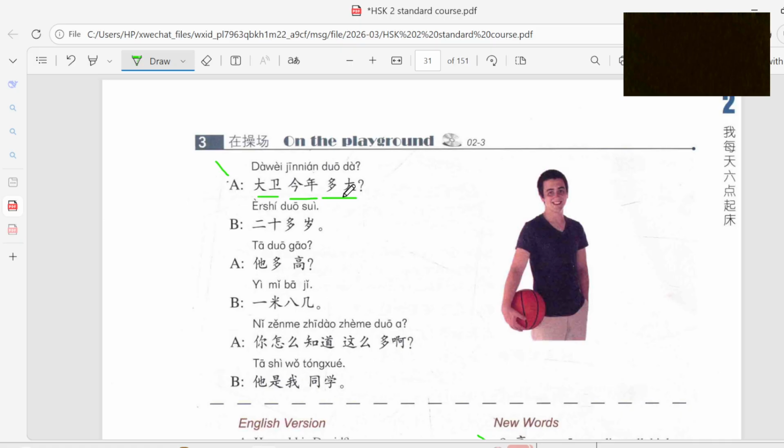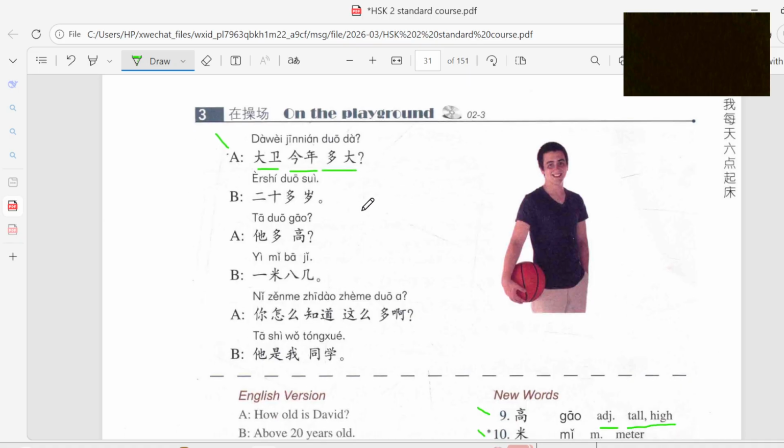You see 多 comes back here. 大卫今年多大？How old is David this year? It says 20多. You see number plus 多, that means he's above 20, he's not just 20, he's like 20 and some months. 20多岁。他多高？